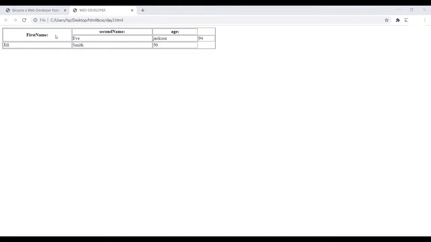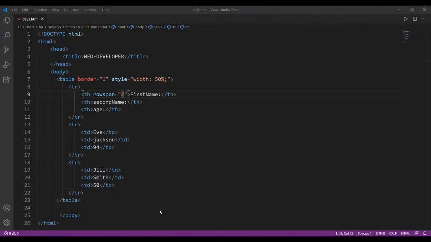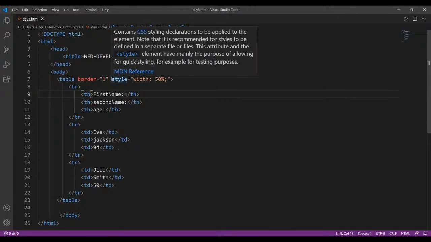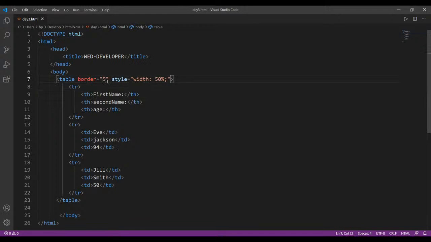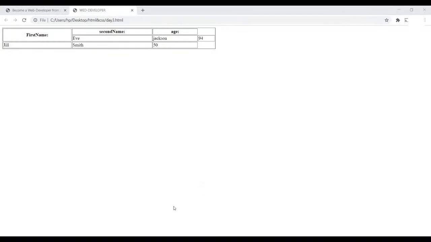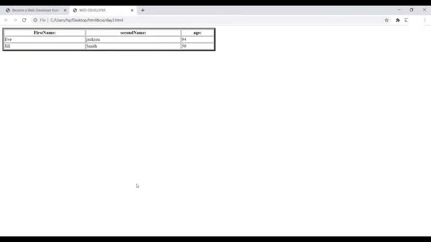now we will see by changing border equal to 5 and we will see the difference. Okay, I am just changing border equal to 5. Okay, and we will see the output. See, the thickness of the border has increased, right? So there is not going to be any change with border. If you use border equal to 1, then it's going to separate our rows and columns with lines. Okay,